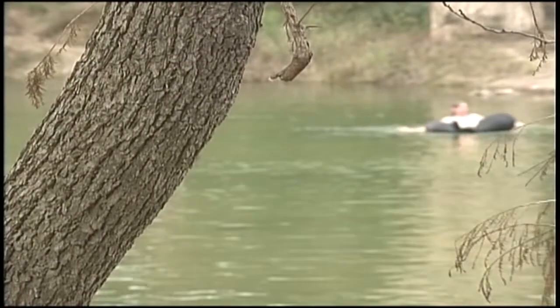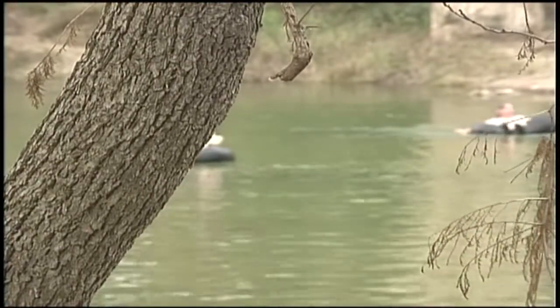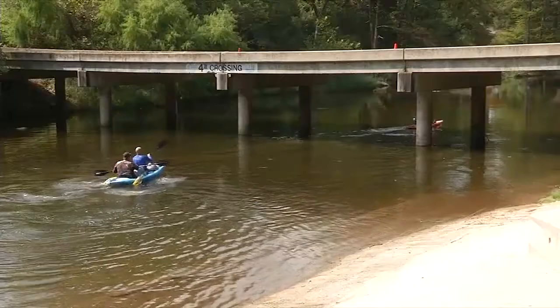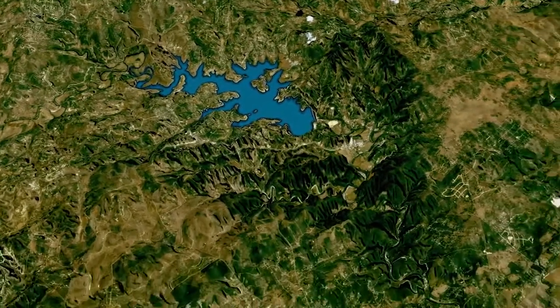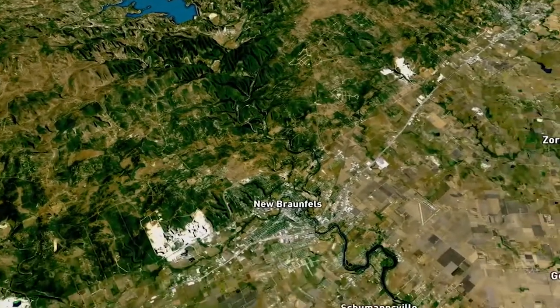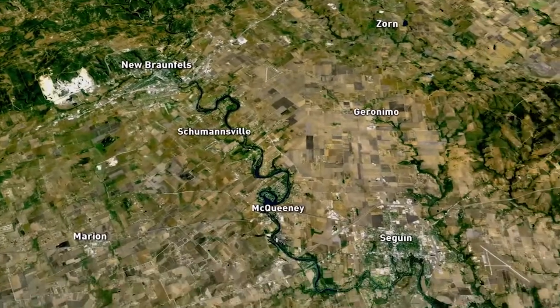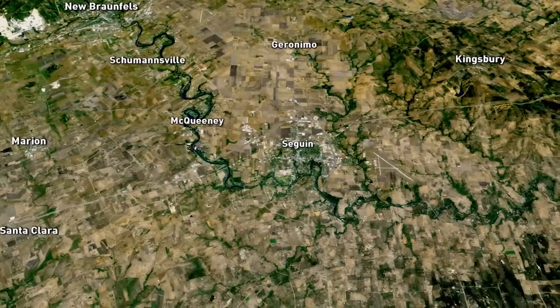The Guadalupe River has another personality. You know, the Guadalupe is really known as a recreational river to a lot of people. The river is also a water supply for cities of San Marcos and New Braunfels and the other cities that are dotted along our basin. And it's also an important